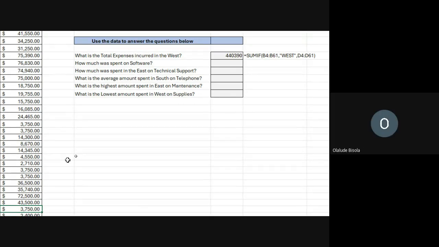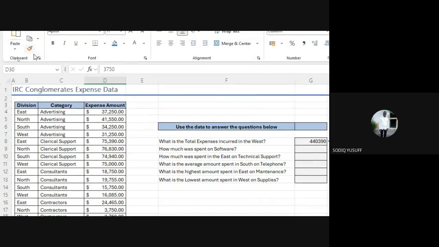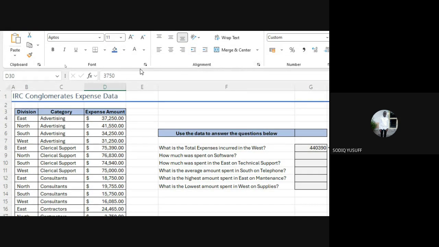I cannot type on the worksheet. You cannot do what? I cannot type, like I cannot work on the sheet. What is the challenge? You are typing and it's not typing, right? Yes. Okay, go a bit to the top of your screen. Can you see a yellow line? Okay. Something like yellow. You see enable editing. Do you have it? Yes, it is there. Click on enable editing. So that's why you need. So just click on enable editing. Now you can type. Yes.